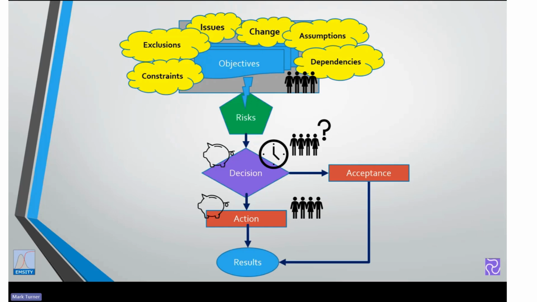So either we accept the risk or we take action. Either way, we end up with a final result. And the result, hopefully, is that we've managed to avoid the risk occurring. Or if the risk has occurred, then we've managed to mitigate it such that the impact was significantly less than it could have been if we hadn't taken any action. But all of these results have a tendency to then feed back into the objectives of achieving our project and ensuring that we are ideally on budget and on time for the achievement of our objectives.